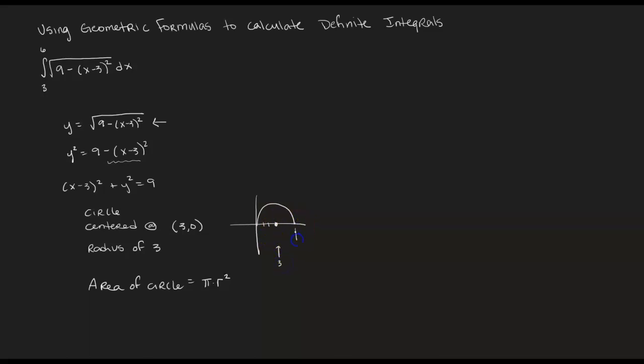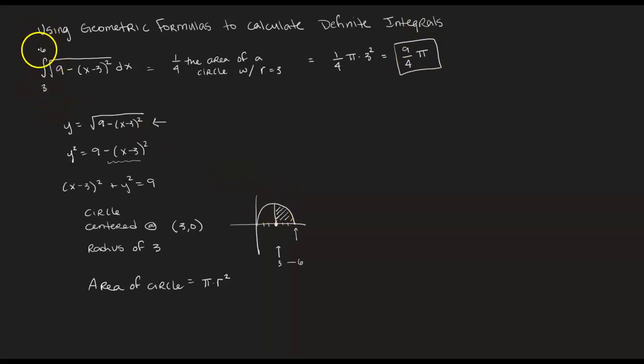And we're going to consider all the way up to the end of the circle because our interval was from 3 to 6. So if the radius is 3, then we know the end of the circle would be at 6. So if we're looking at the area underneath that curve from 3 to 6, then we're really not considering the area of a full circle, we're considering a quarter of a full circle. So the area that we're going to use would be 1/4 the area of a circle with radius equal to 3. So we're going to do 1/4 times pi r squared, where r is 3. So our final answer would look like 9/4 times pi. And that would be the exact area under the curve between the bounds x equals 3